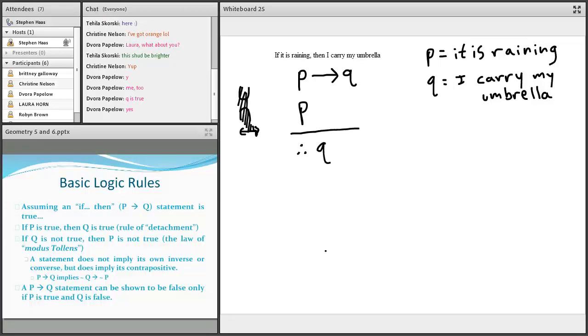Then there's another rule. And really, the next two rules that I'm going to discuss, the modus tollens rule and the contrapositive rule, are really the same rule. And that is, I want to discuss a couple of things. Number one, a statement